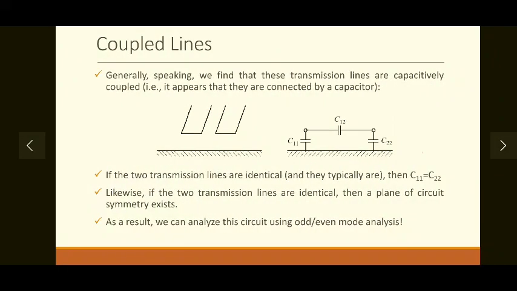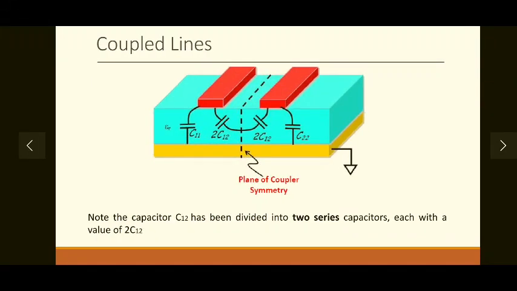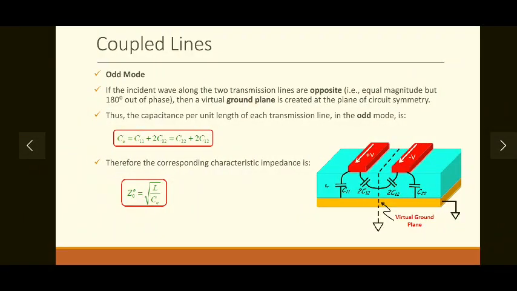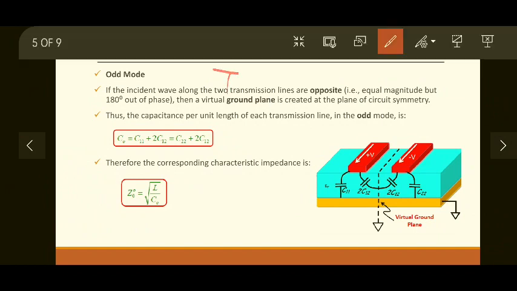Okay, so to analyze this behavior, we are dividing the equivalent of this particular coupled line into two modes, odd mode and even mode. Now, as we know, strip line, or microstrip line primarily being strip line, is a TEM type of transmission line. That means strip line carries only TEM modes. Which TEM modes does it carry? It carries odd and even TEM modes. So the analysis of this coupled line can be divided into two parts, odd mode analysis and even mode analysis.